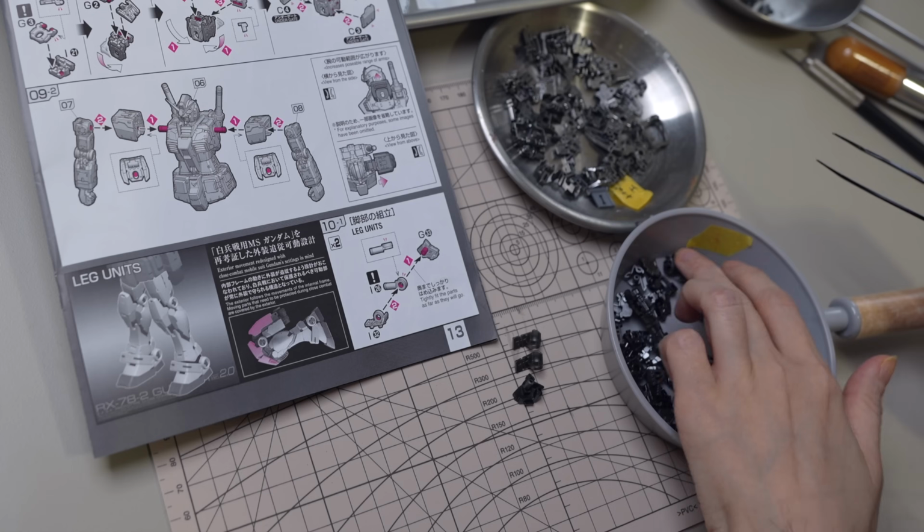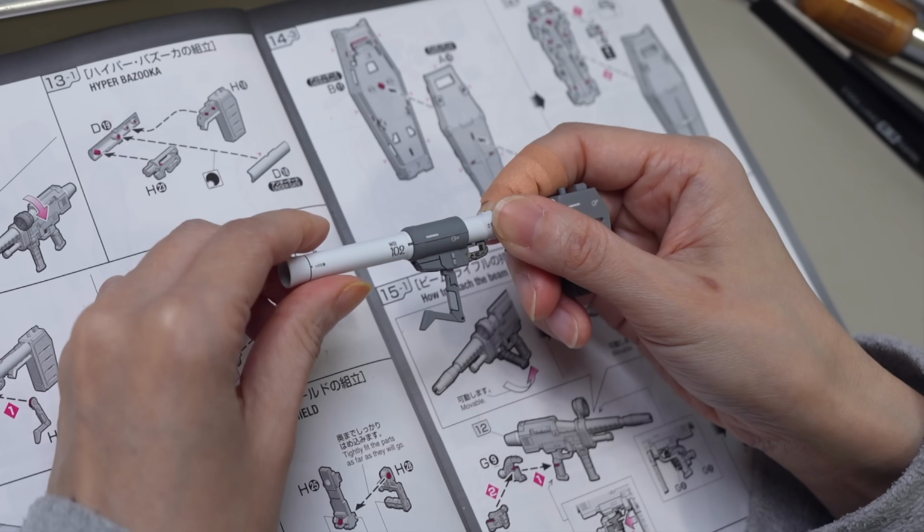Hello everyone, let me show you how to assemble. Better is this one